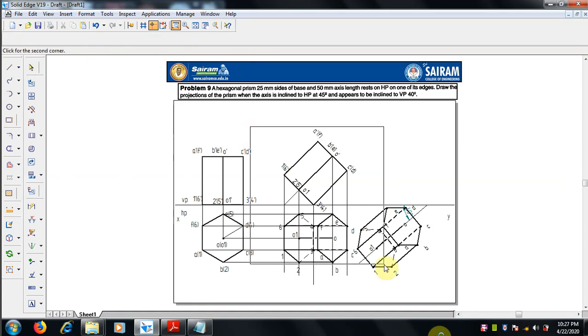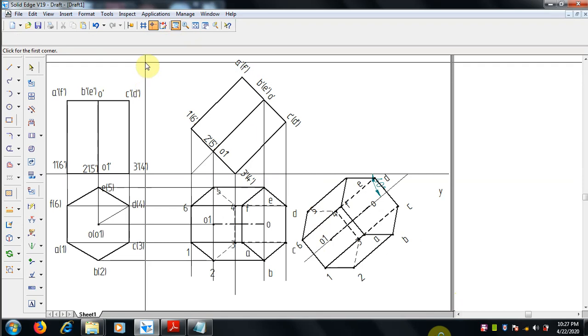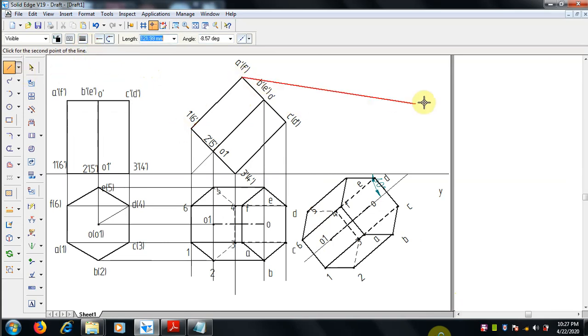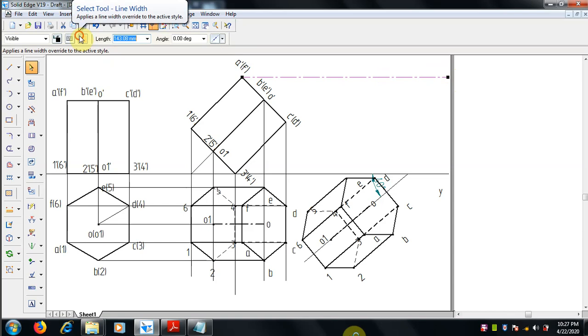Top front view, by projecting this, select line command, go for projection 0.13 mm line thickness, and draw the projector lines. That's a thin continuous line, we have to do it.